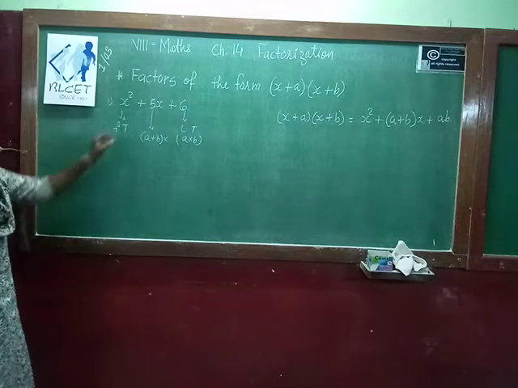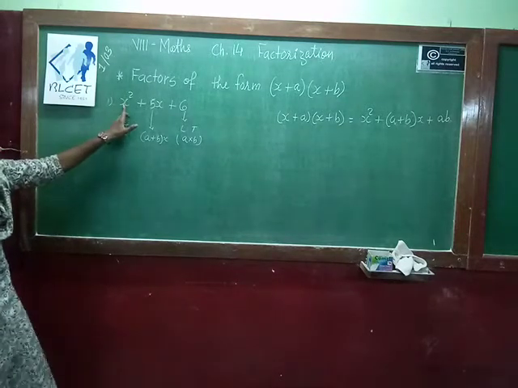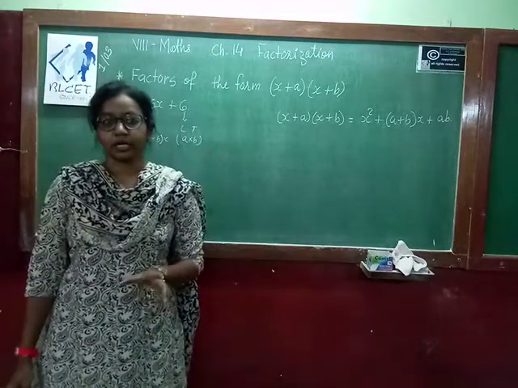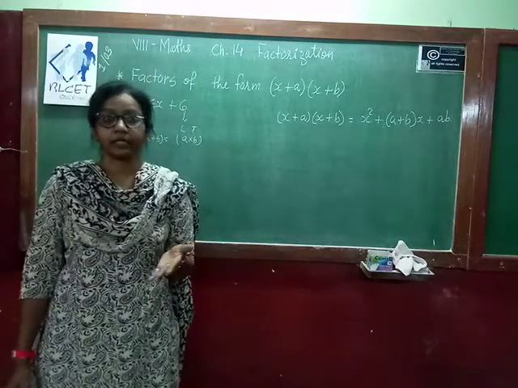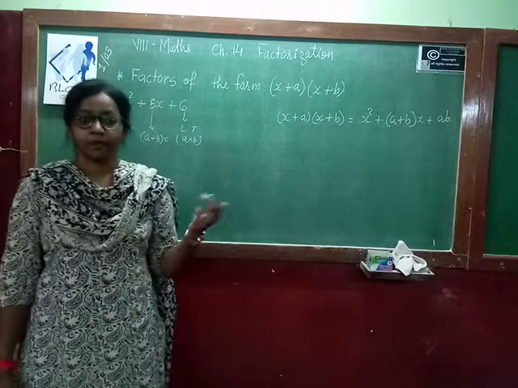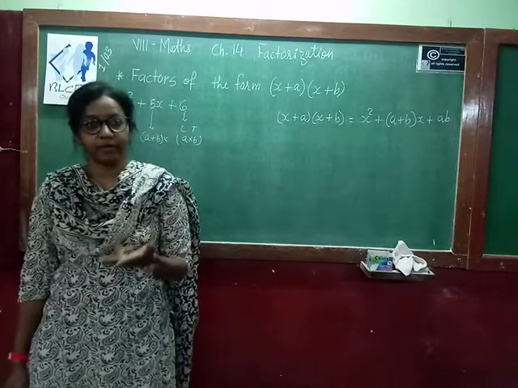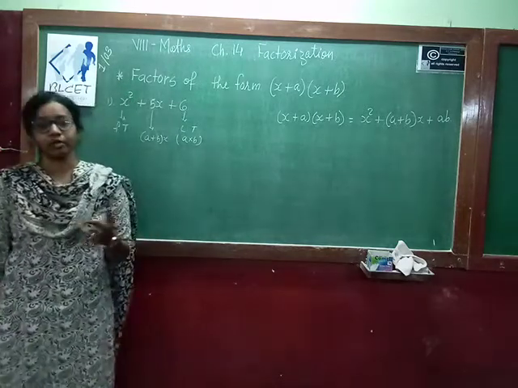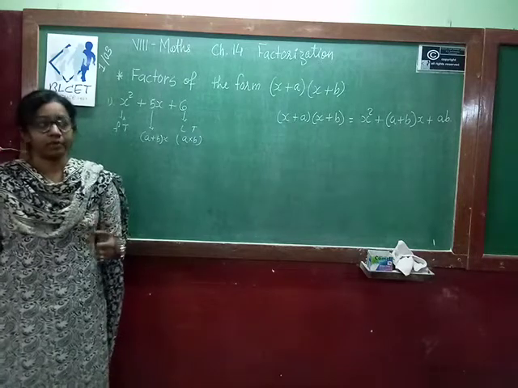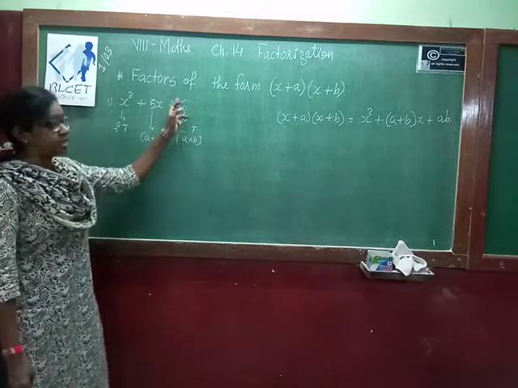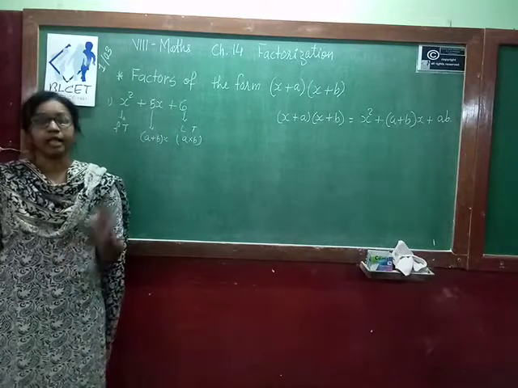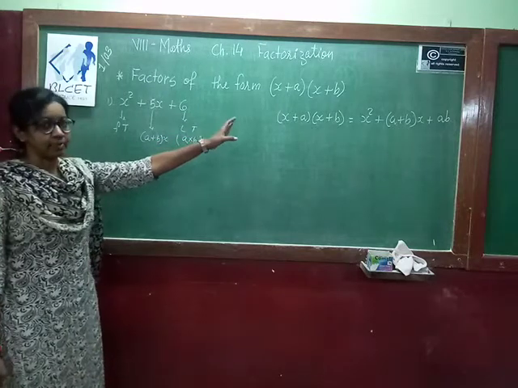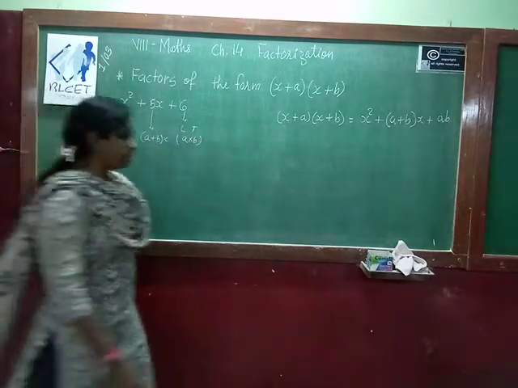So we know that here your first term is a perfect square, but the last term is not a perfect square. Suppose all the questions are clubbed together and you want to find which identity we have to apply. If both the first and last terms are perfect squares, then we can use the first or second identities, that is a plus b whole square or a minus b whole square. But here if you observe the last term 6, which is not a perfect square, that time we have to apply this form of identity, that is x plus a, x plus b. Now see how to solve this.